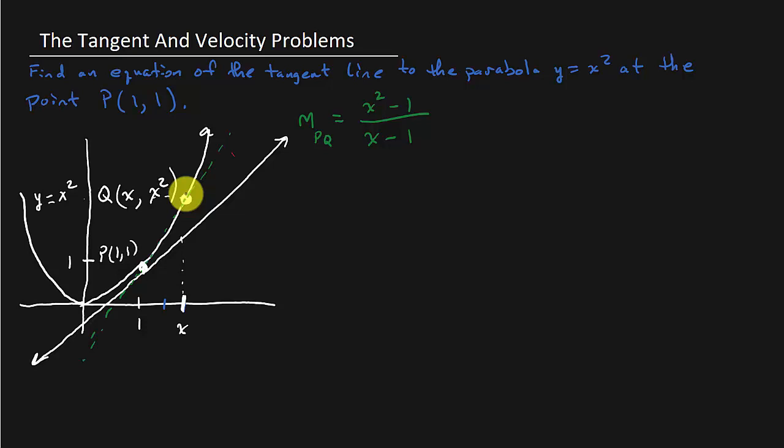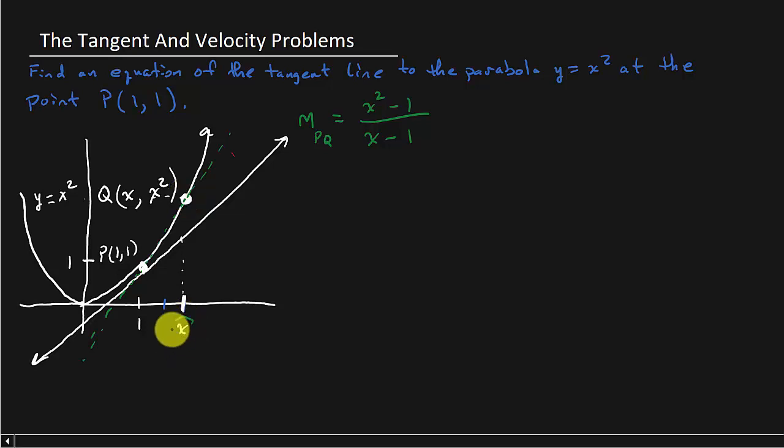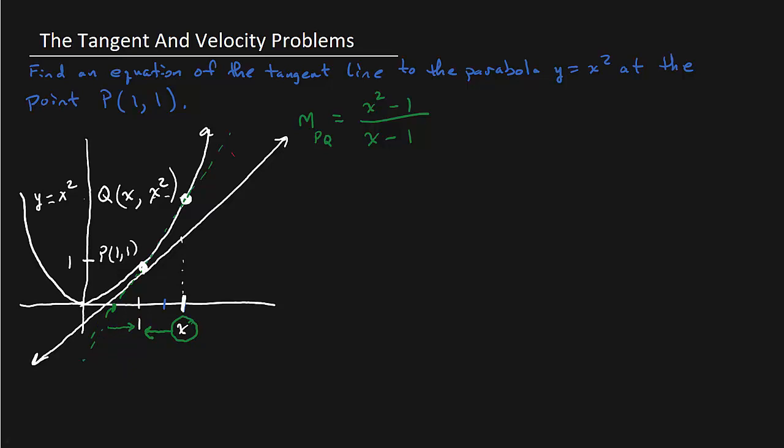So the idea behind this is to take the x value of this point and move it closer and closer to this x value here of 1 by choosing x values that get closer and closer to 1. And that's coming in from the right-hand side of 1. And then I can also come over here and choose x values starting on the left-hand side of 1 and move closer and closer to 1 from the left-hand side. All right,